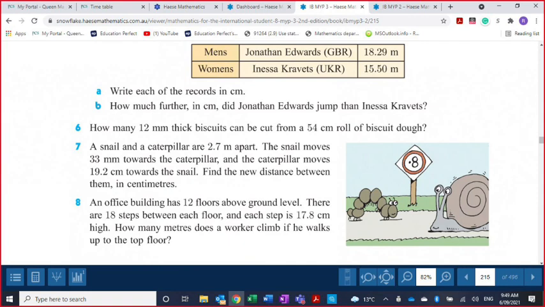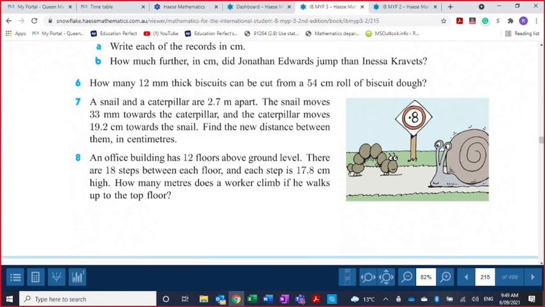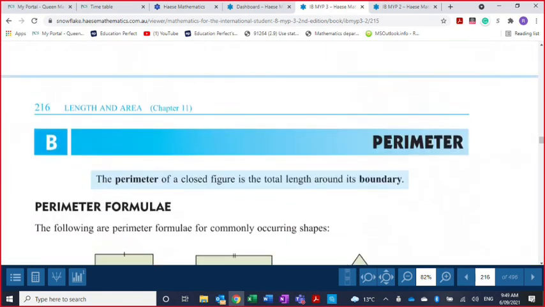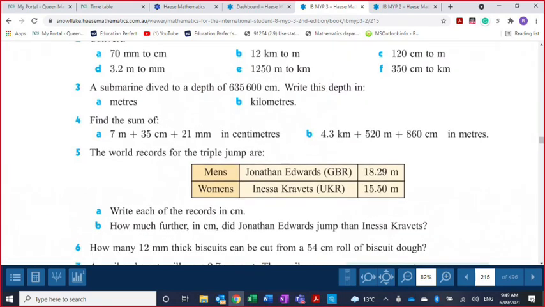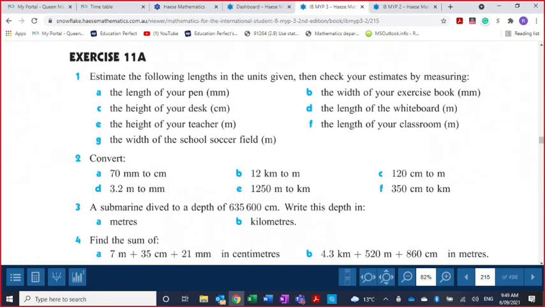Okay. Here, how much further? So that means just subtract those two, and since they're in the same units, you're fine. Okay. All right. Then there are a couple of other problems that you can work on there. All right. So that's all we're going to do today, is just look at converting those units and then answering some questions. And we're just going to stick with the length ones, because it doesn't matter what unit they would be in. The process is going to be always the same. Okay? So let me